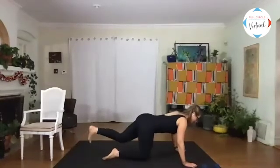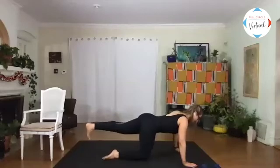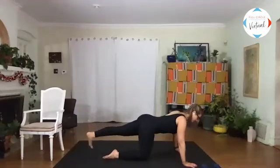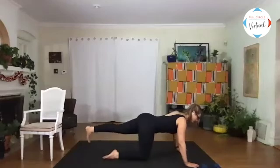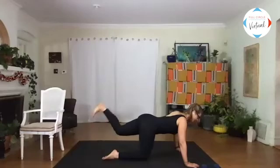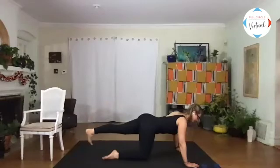Now speed that up. Soften, lengthen, lift. Soften, lengthen, lift. Soften, lengthen, lift. Maybe you'll flex that foot if that feels right to you. Breathe. Strong standing leg, strong plank position. Hold on here, I gotta find that beat. You'll take it in, roll up, up and lengthen, out, out, up, up. Draw it in,